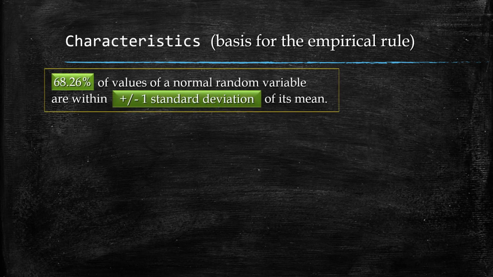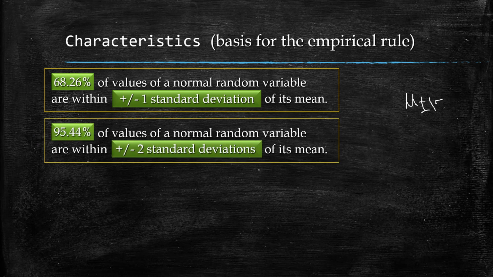68.26% of the values of a normal random variable are within the range of plus or minus 1 times standard deviation of its mean. So that means the values of a normal random variable are distributed within the range of mu plus or minus 1 times sigma, that is, 68.26% of the normal random variable is distributed in this range. Now